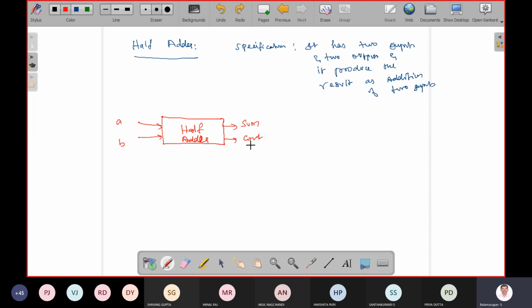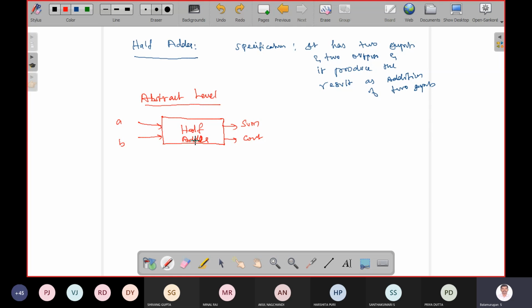Now this sum and C out will produce the addition of these two inputs. So this is what we call the abstract level. Abstract level means what? It is hiding some information.